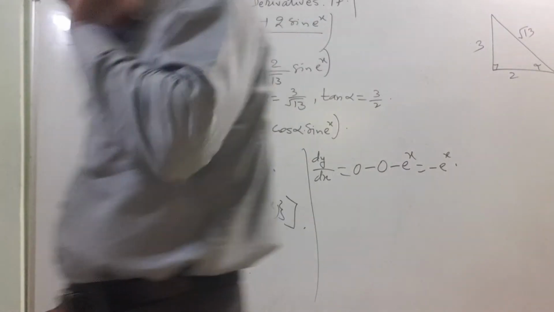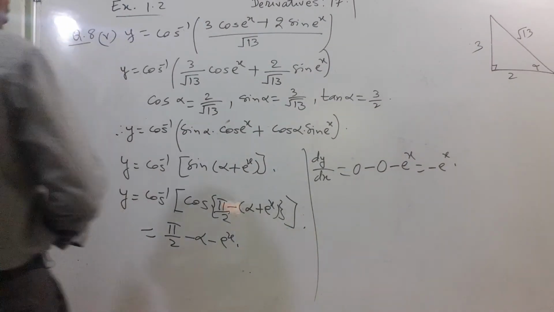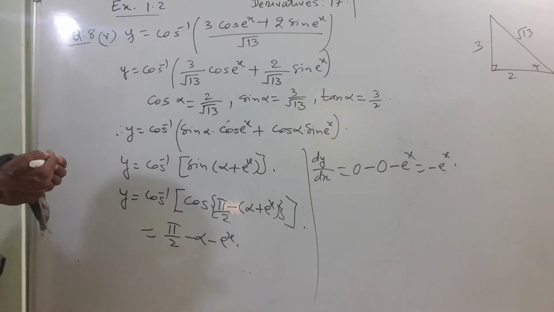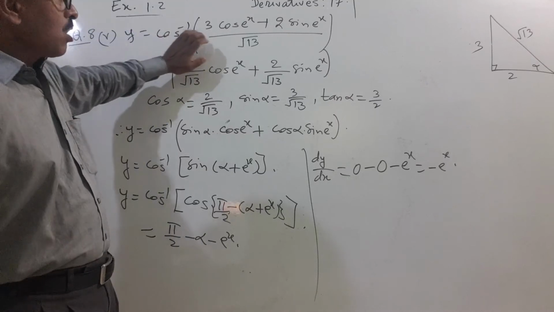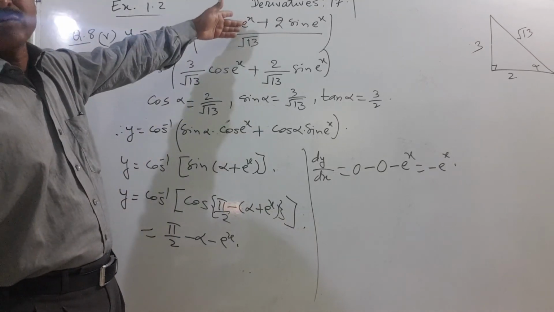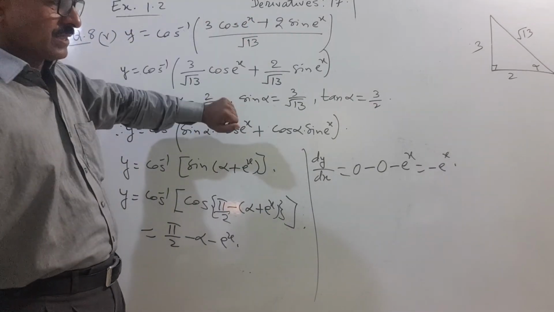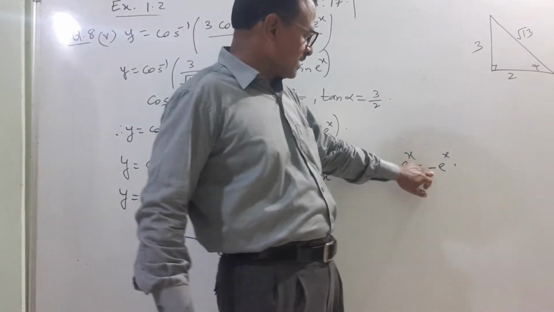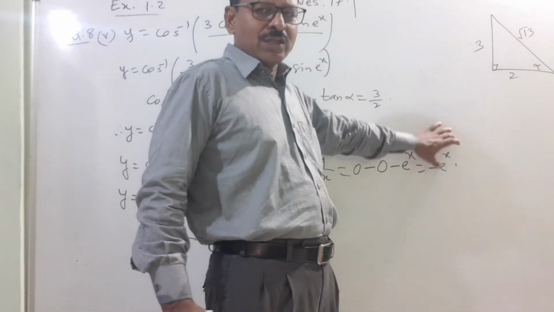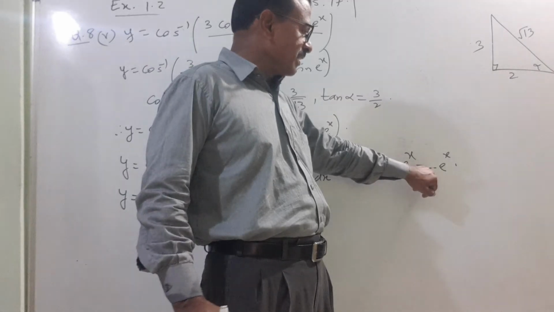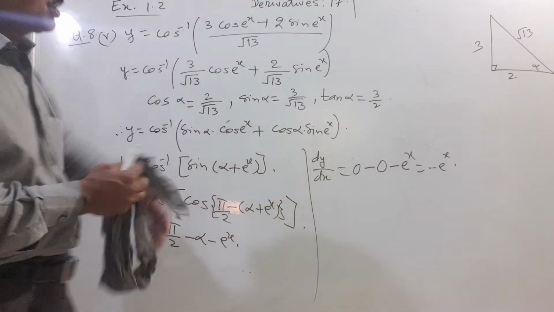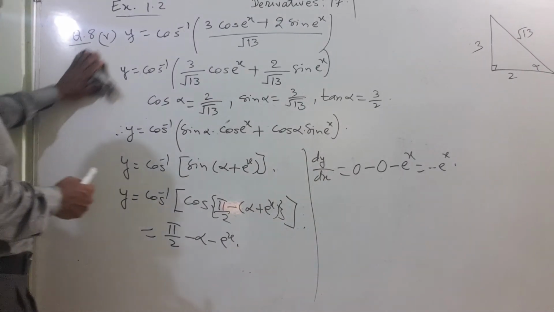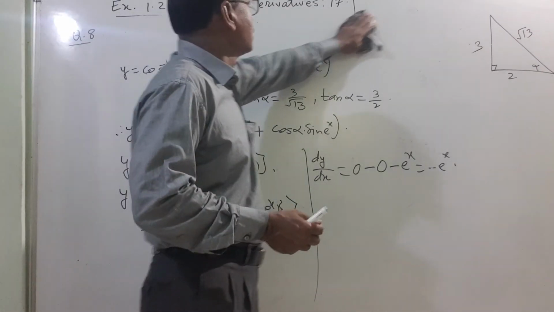So this way, that will depend on how you are solving. In the option, suppose you know how to solve only by the first way we have solved it, that e raised to plus x, means this plus e raised to x, and in the option it is not that, in the option it is minus e raised to x, then you should think over it. That's why I am teaching you all the possibilities of the answer of this question.